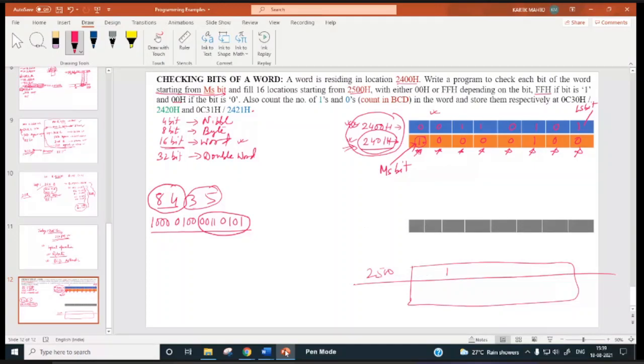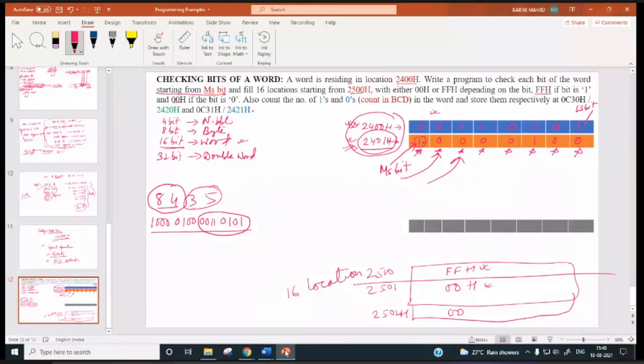Now the next bit will be checked. Next bit is 0. So at 2501 you have to fill 00H. Then the third bit is again 0. So at 2502H, this memory location has to be 00H. So this way you have to fill 16 locations, FFH or 00H based on these bits.